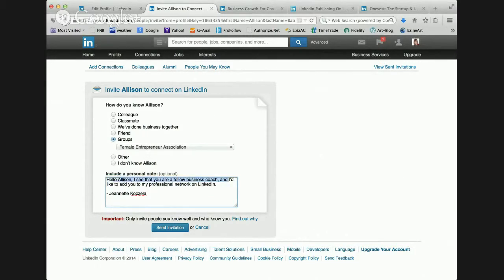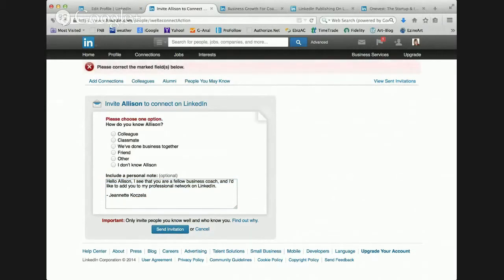Now you can copy this and put it on a text thing so that you can do more than one of these at a time. So then you click here to send the invitation. Okay, and then she'll see it and,